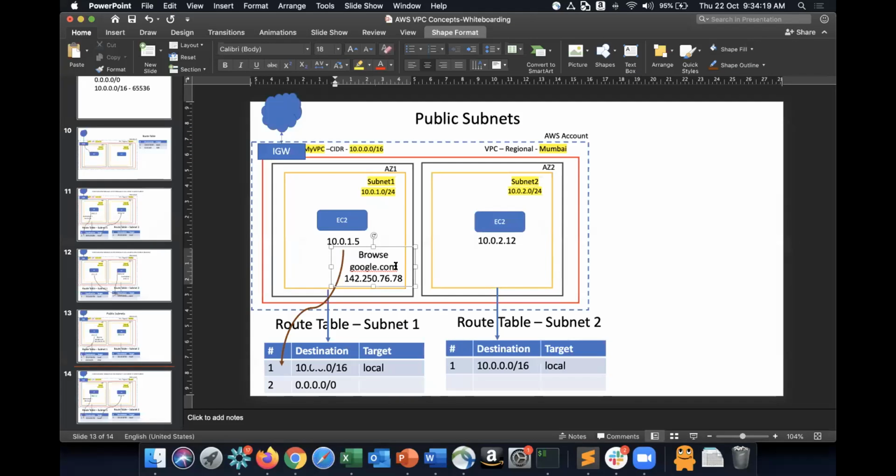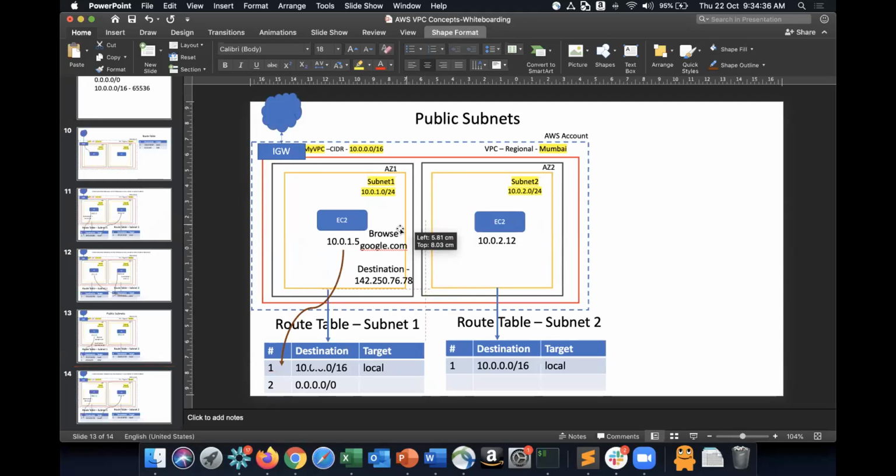Okay, that is the IP address that I want to browse. So the destination would be 142.250.76.78. Okay, so now as usual, right? It doesn't change the path. As usual, it will come to the